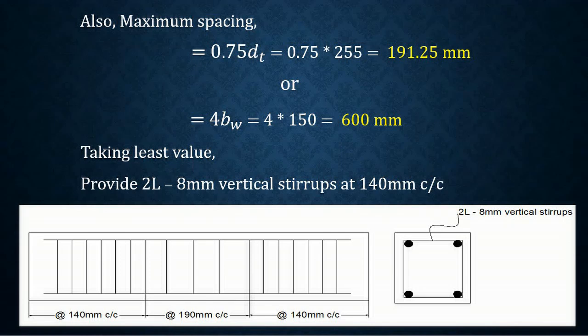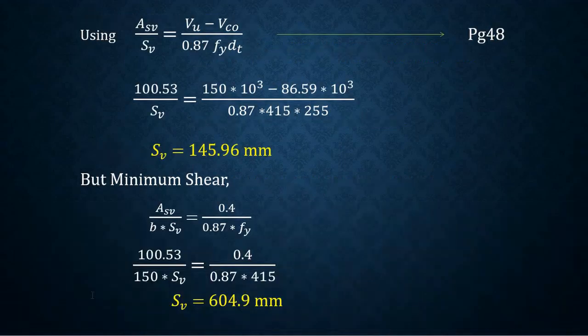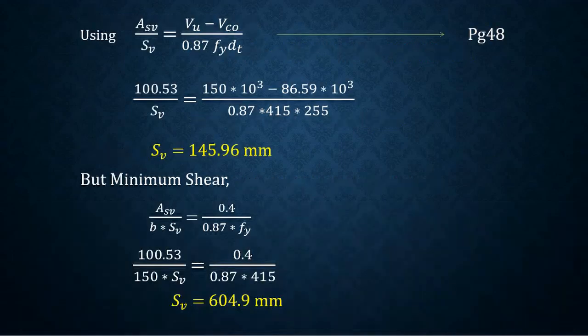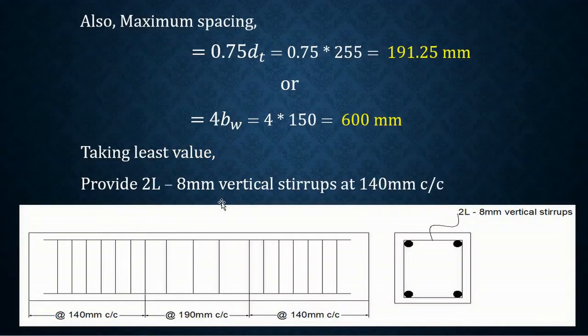Take the least value of all the 4. Consider these two values also. It is 145, 604, 191, 600. These are the 4 values we have got. So the least one is 145. I'm just rounding off to the whole number, and I have just reduced the spacing. So write a statement: provide two-legged 8 mm vertical stirrups at 140 mm center to